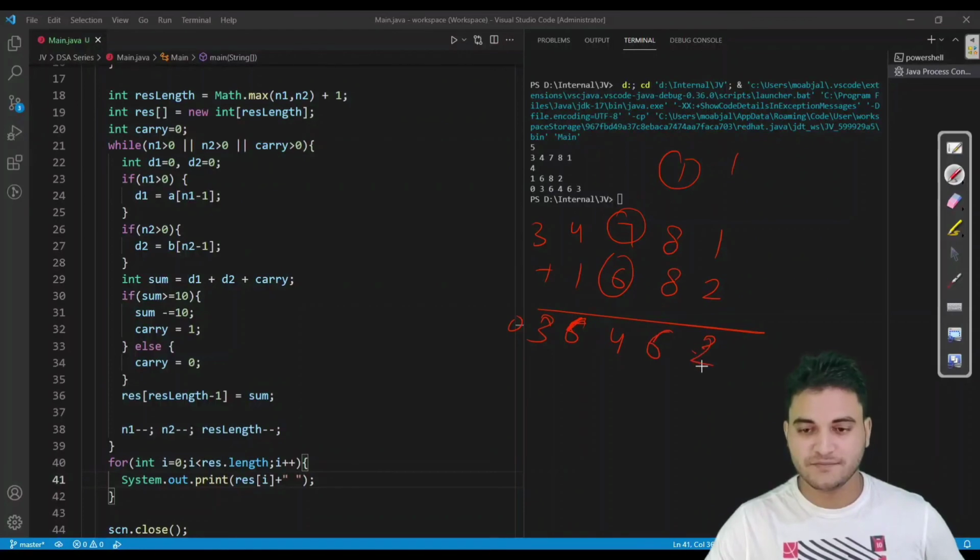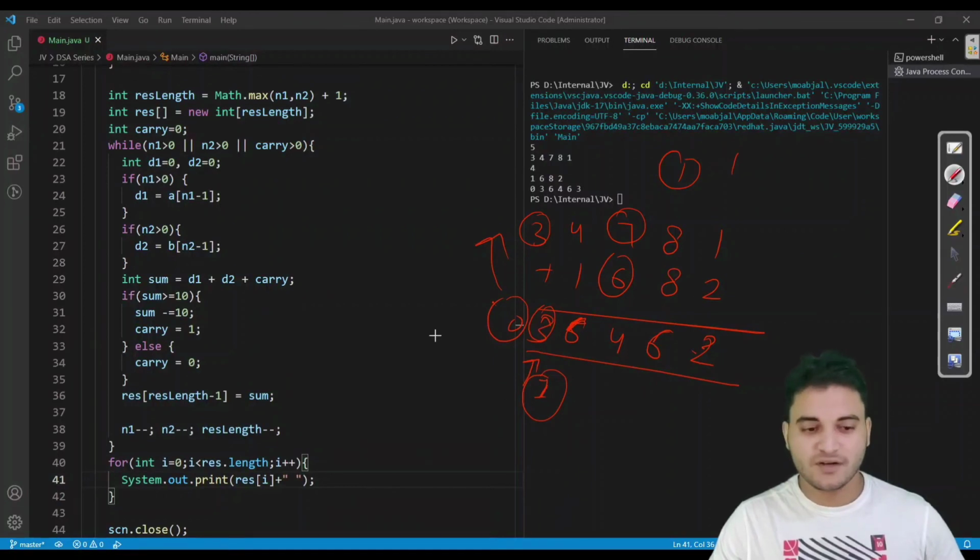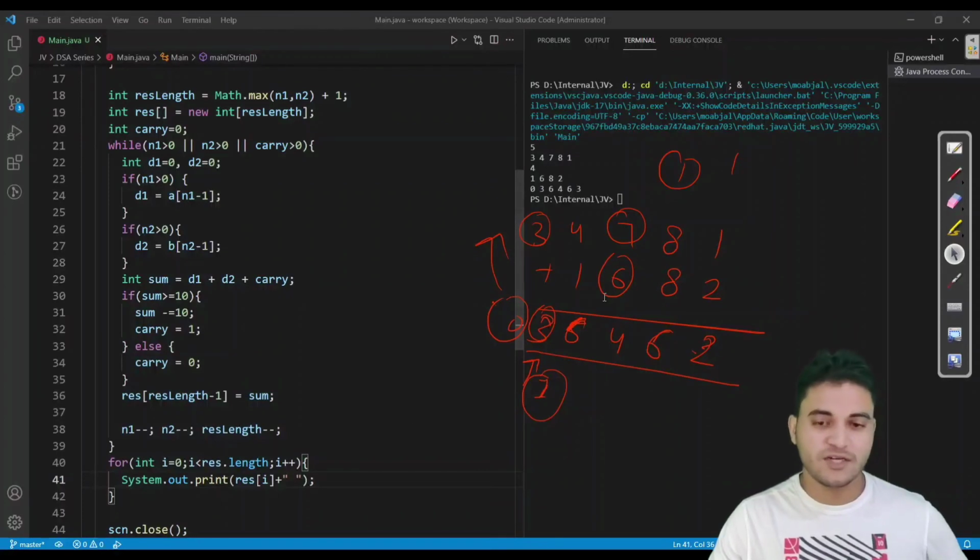Let us say if someone asks you that you do not have to print this 0. Fine. So what you can do, like in this particular case, is look at where the result length variable, which is this one, is pointing. If you add this digit into this, then your result length variable was here, which is 1. So you can start from 1 also. If this approach is not suiting you, then you can run a loop till where the numbers are increasing. Like if this is 0, this is 0, this is 0, then you have to start from here. So you can apply any one of the approaches.